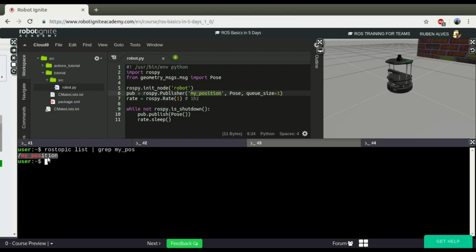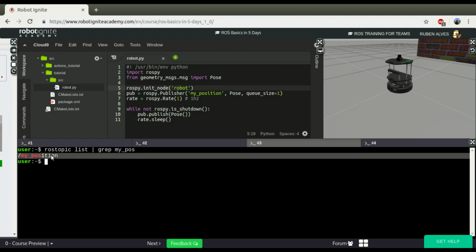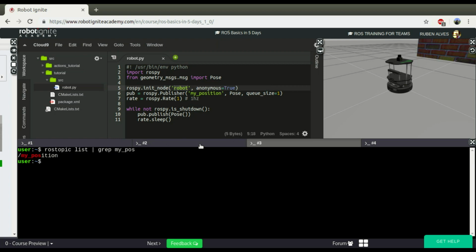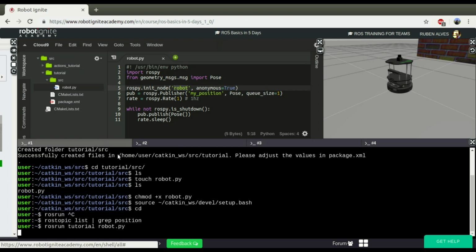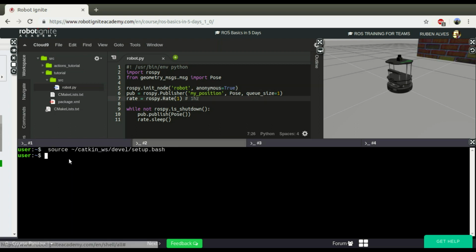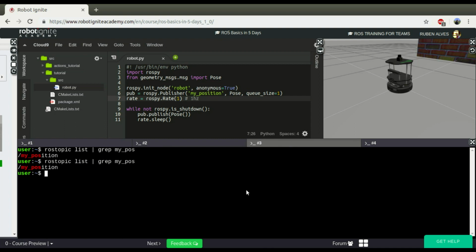This is good. Now, supposing that this is a robot which publishes its position, we can know the position of the robot. But let me define this as anonymous, so we can have two nodes with the same name. Now let's suppose I have another robot, because I already have one robot running which publishes on my_position. But imagine if I have a second robot. Let's run rosrun tutorial robot.py again,